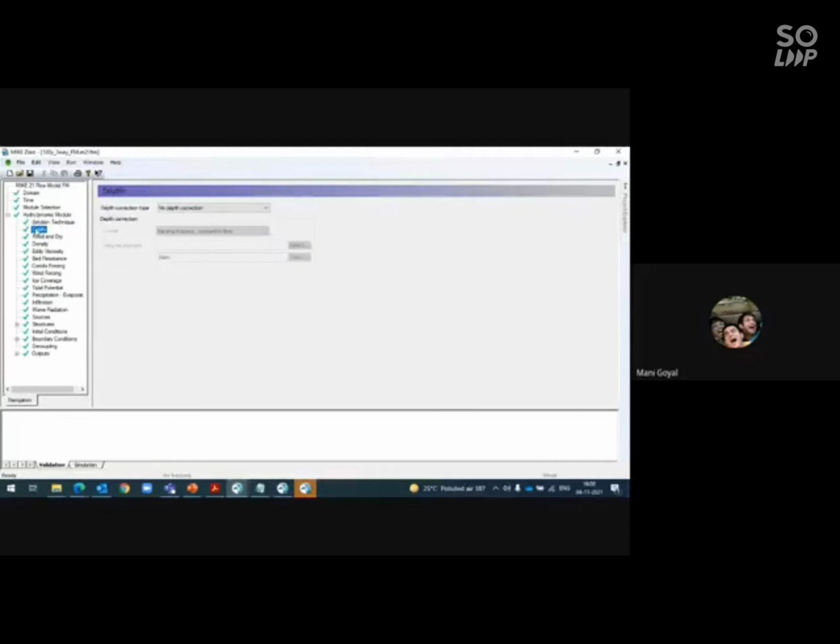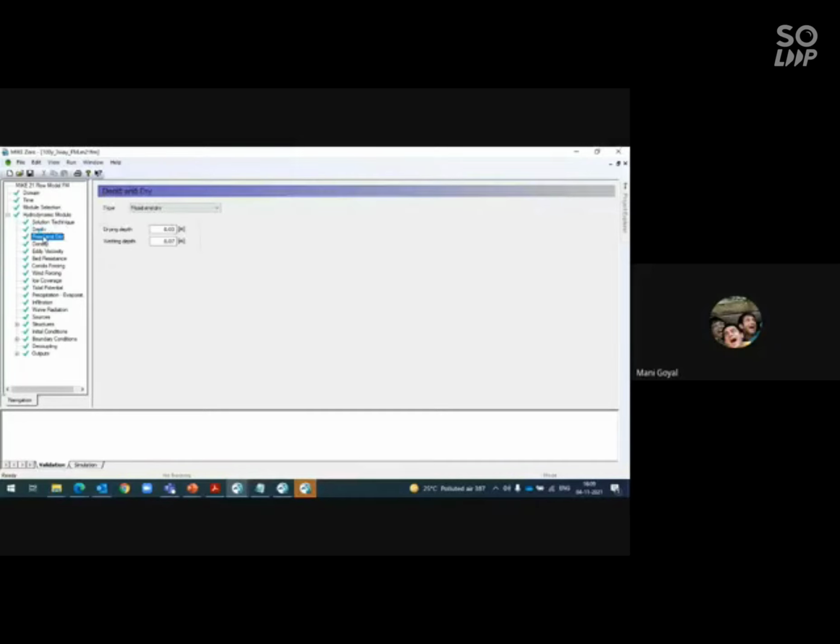So now the hydrodynamic solution technique. In this, the hydrodynamic is the surface, that is, after flooding, how the water will flow on your 2D surface. The hydrodynamic in the river model was how the water was flowing in the river. That was for the river. Now this is for the 2D surface.